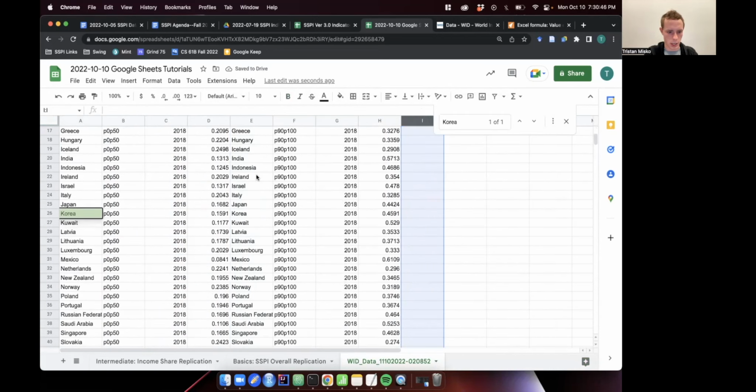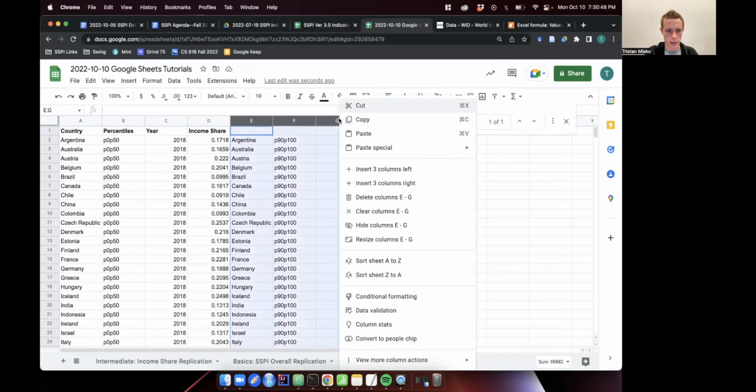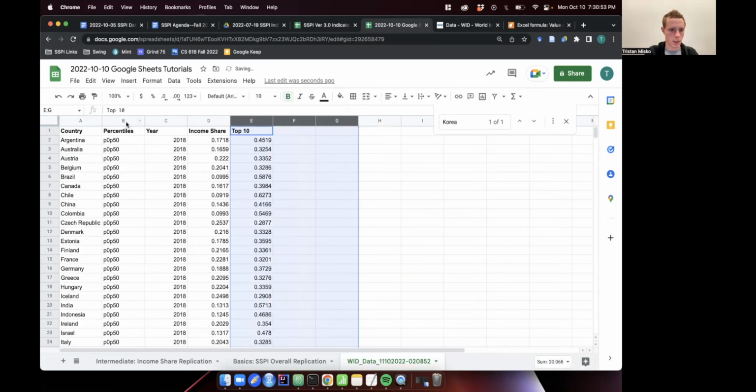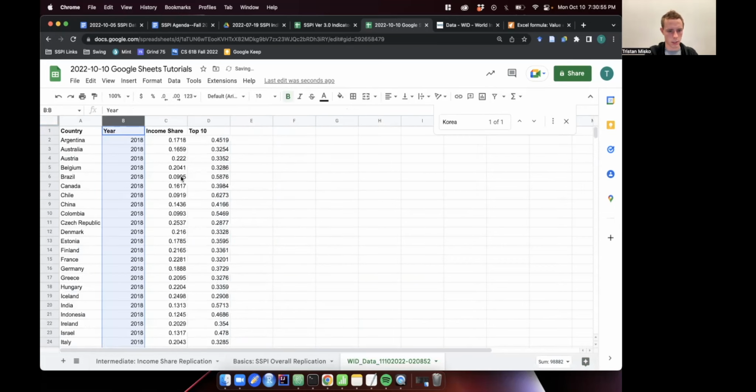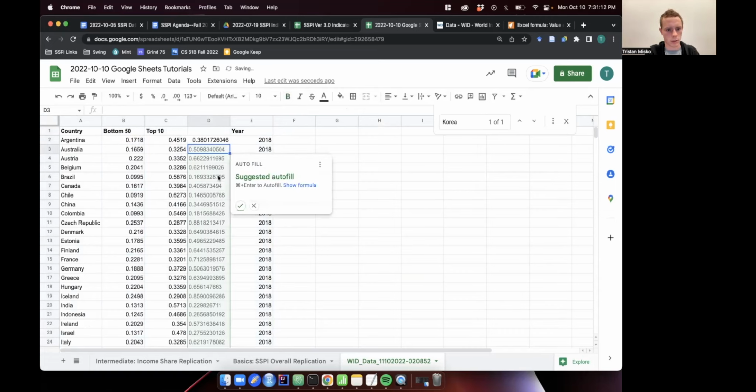And now we can just double check that everybody matches up, and they do. So I can actually get rid of all that information as well as that. So I'm just deleting the columns and rows. And now you can see we've actually got everything we need right where we want it. So this is not income share, but this is bottom 50. And now we take the quotient. And so all we have to do is divide these two and get income share